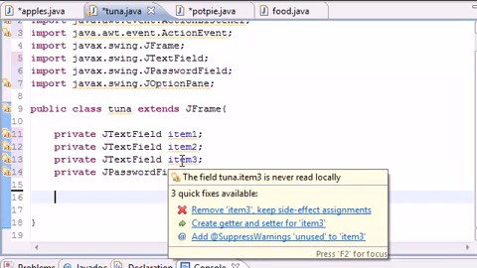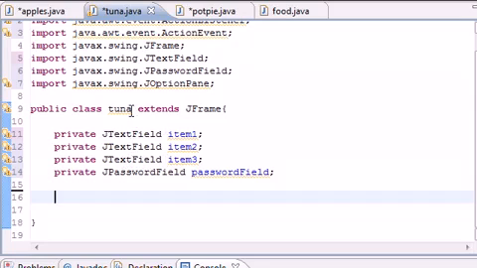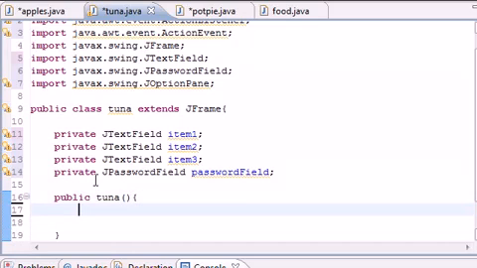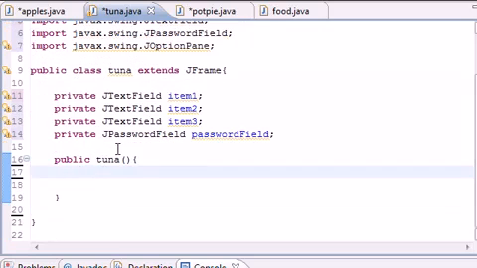So let's go ahead and create a constructor for this, and since my class is named Tuna, I'm going to have to create a method that's named Tuna. So I'm just going to type public Tuna, doesn't take any arguments, and whatever I create in this is pretty much the window. So the first thing I actually want to do is add a title